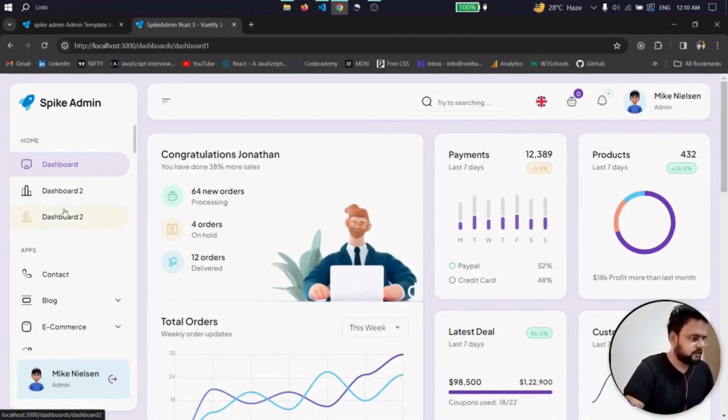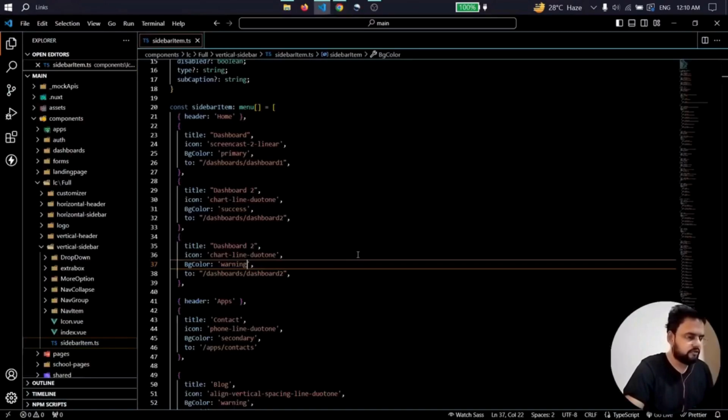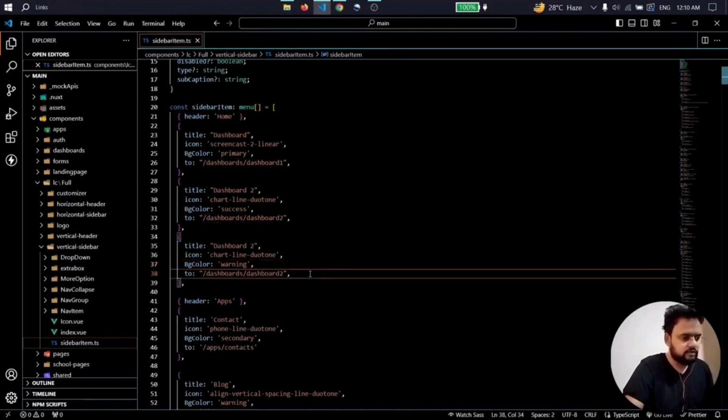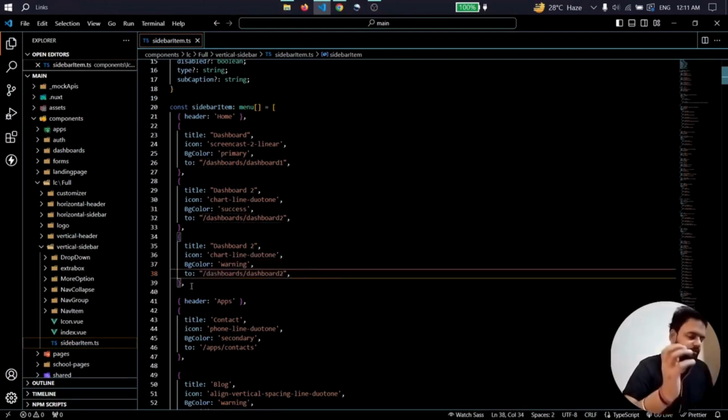Let's see. So dashboard 2 has been added now. If I click it here, as you can see we now have dashboard 2, and this is the route it is using. So you just have to mention the route here and put the main files